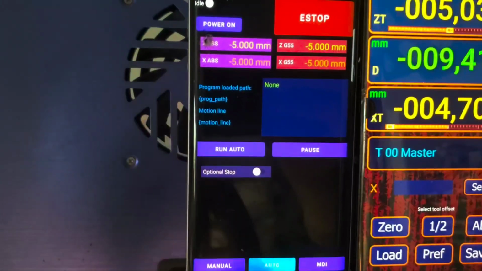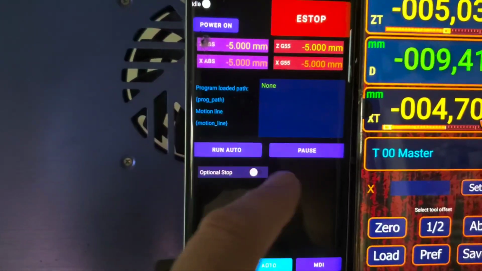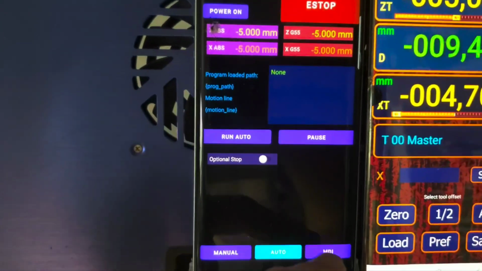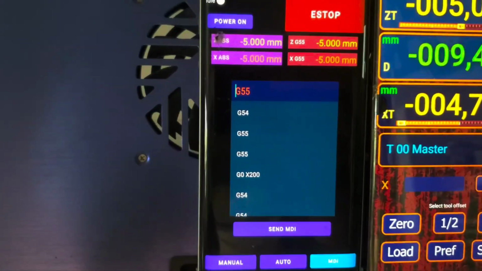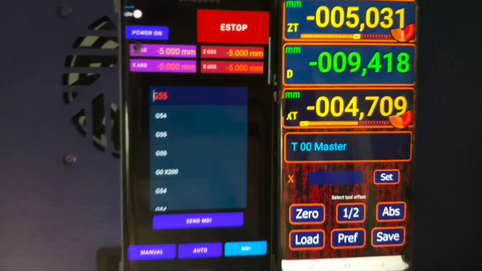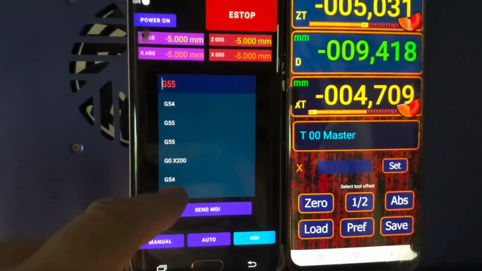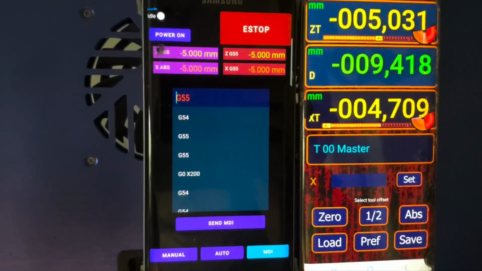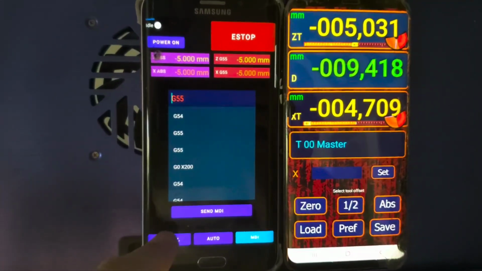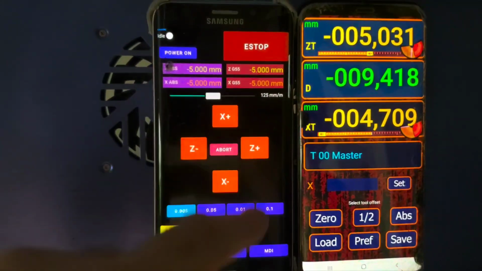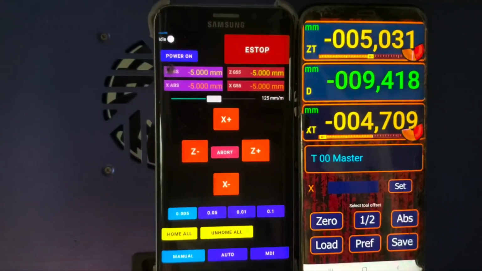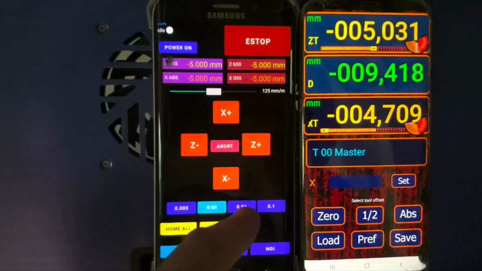for example, and I can run the program and send MDI commands. So that's pretty much what I actually found of those functions there, and I'm able here to select, and this